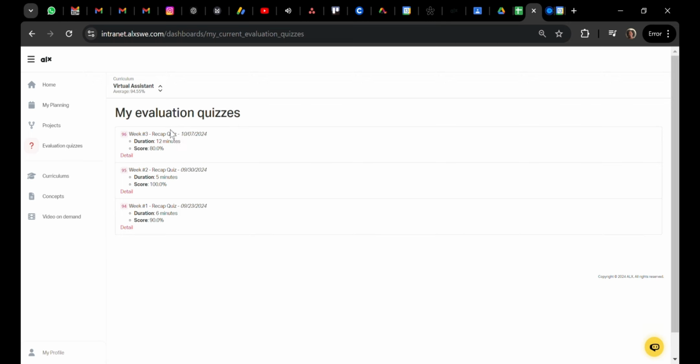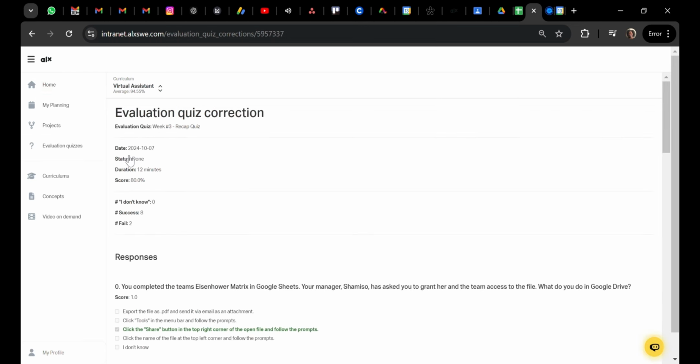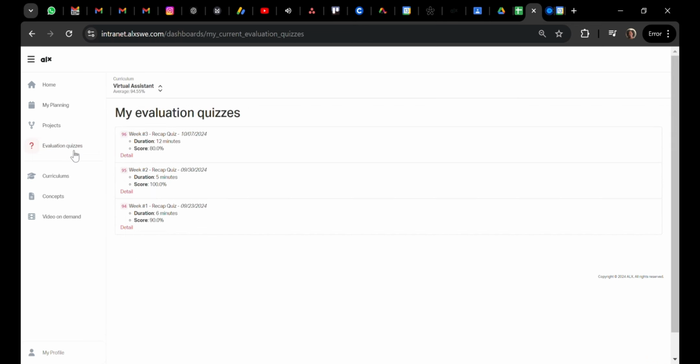So basically, I was just trying to figure out where exactly to check. I think I should have gone to details. Yeah, so under details, when you click there, you're able to see all your questions, all the details.